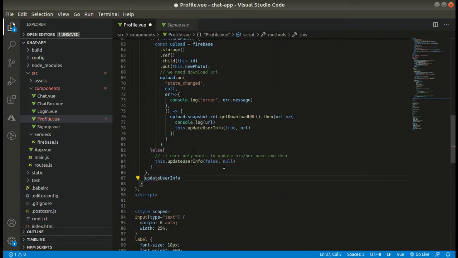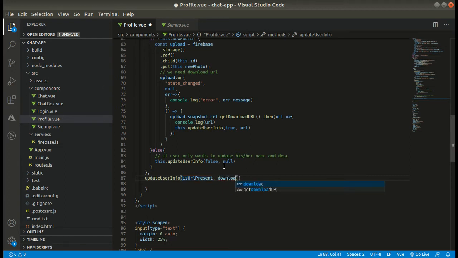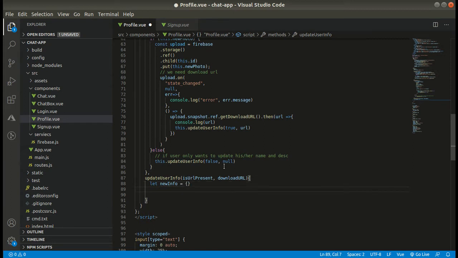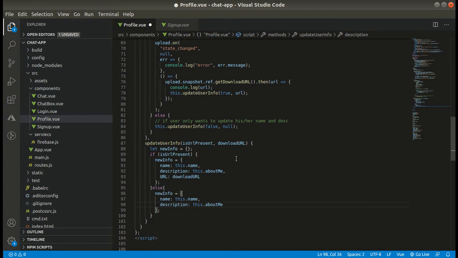Okay, cool. So we have created our object.